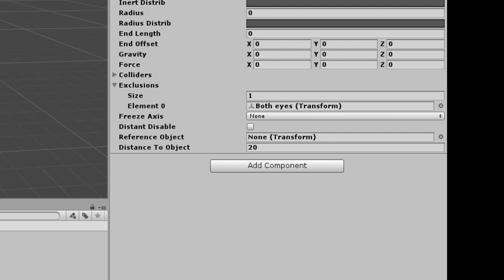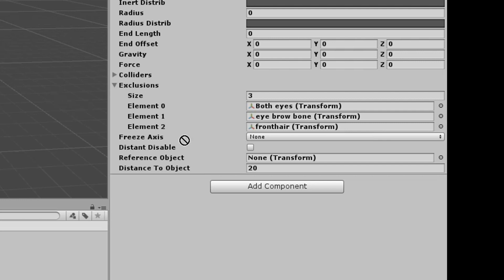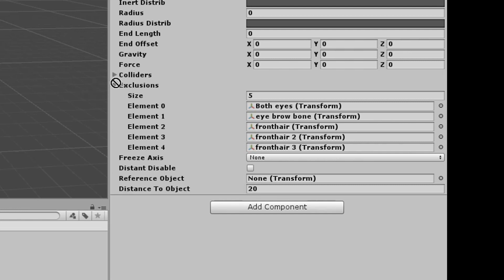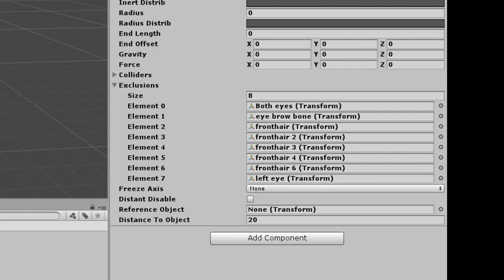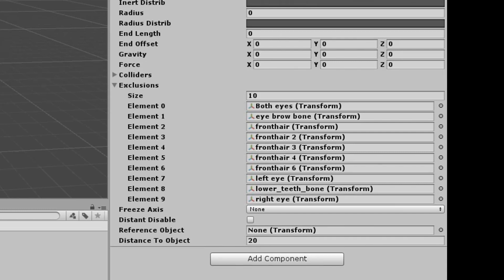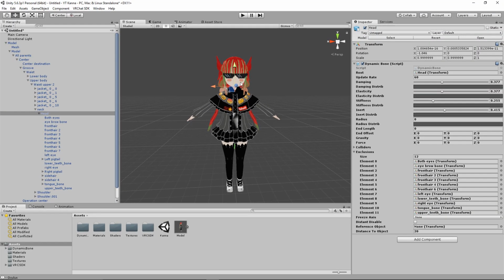You're gonna add in both eyes. You're gonna add in eyebrow bones. You're gonna add in front hair 1, front hair 2, front hair 3, front hair 4, and front hair 6, and then left eye, lower teeth bone. No, I don't want to add in the right ponytail. I want to add in right eye because I forgot. Tongue bone and upper teeth bone. Boom, done. That's done. Now we're not adding any dynamic colliders